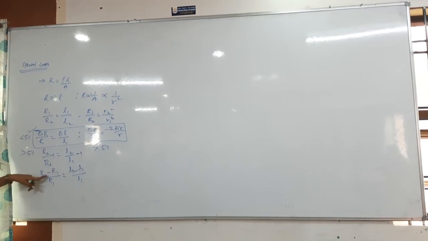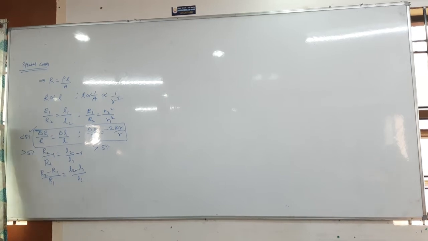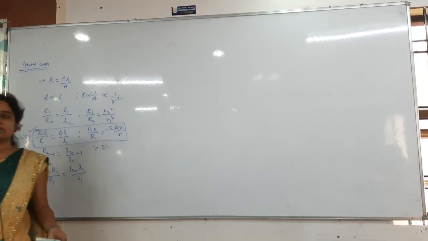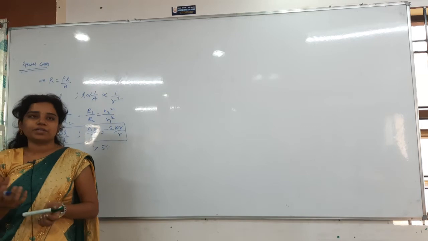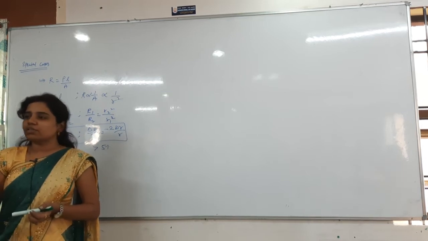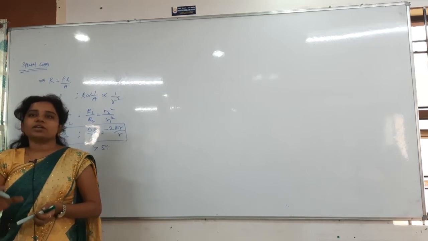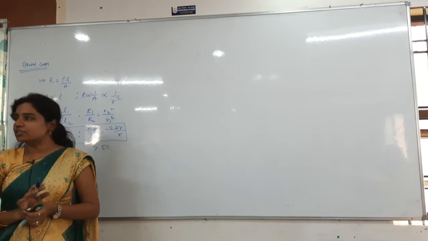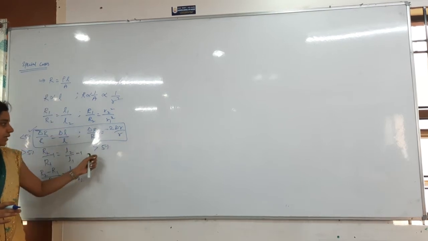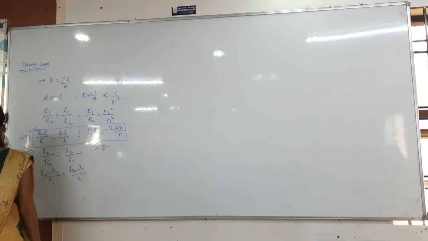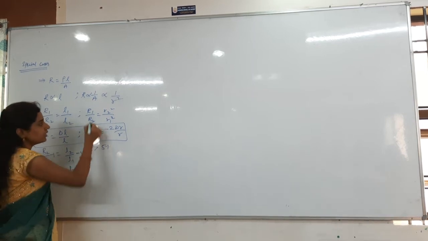Delta R by R. If that is minus, it means the initial value is greater than the final value. If you are getting positive, it means your final value is greater than the initial value. Now in this, if the percentage change is greater than 5, then directly write